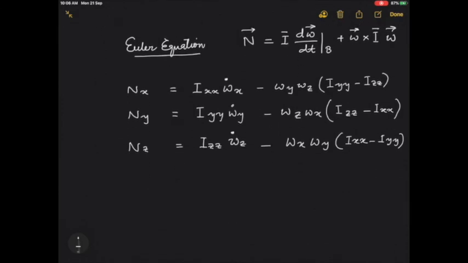So at the end of the day today, we have been able to write down the equivalent of Newton's laws for the rigid body in terms of the torque N, the instantaneous angular velocity omega, and the principal